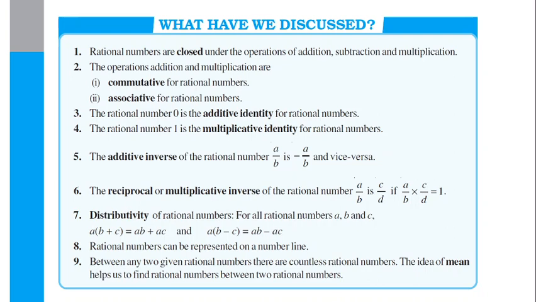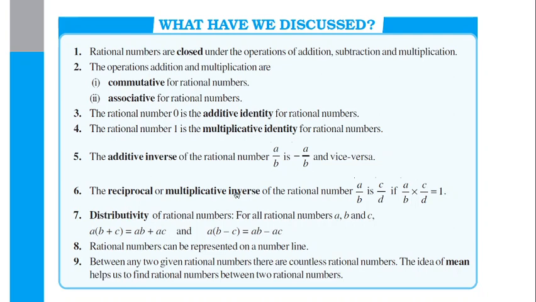One more thing, that is reciprocal, which is also known as multiplicative inverse. The reciprocal is nothing but you reverse the numerator and denominator. So a by b will become b by a. Now this b by a is nothing but c by d, you can write b by a as well, so it will be easy to understand. A by b, and the reciprocal of a by b is b by a. So a by b multiplied by b by a: b cancels, a cancels, and we get 1 as the output. So this is the multiplicative inverse.